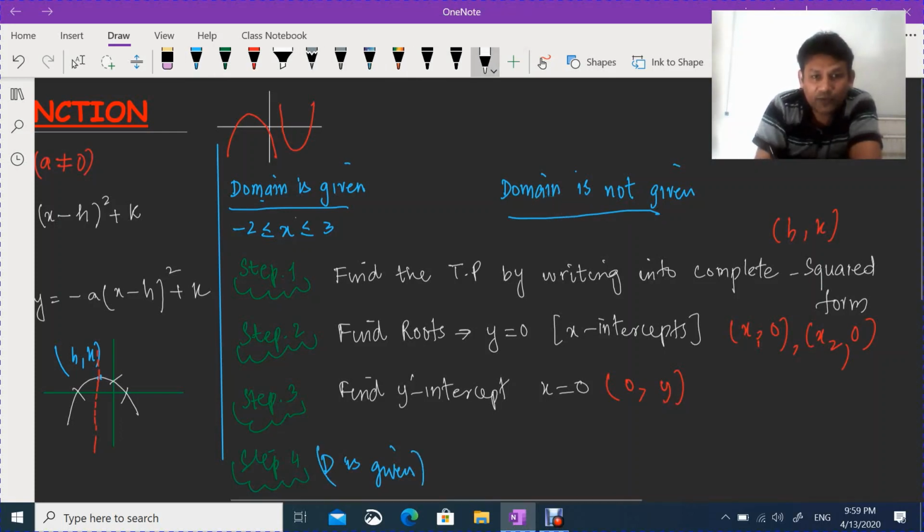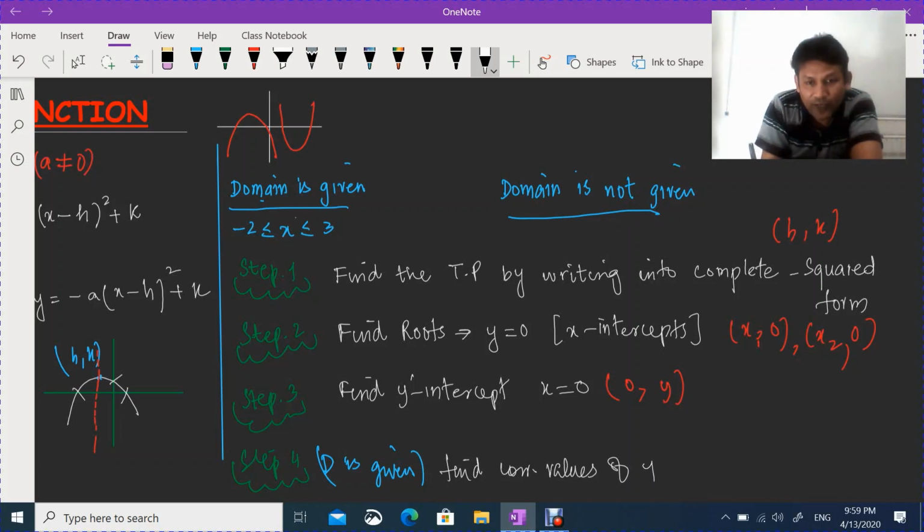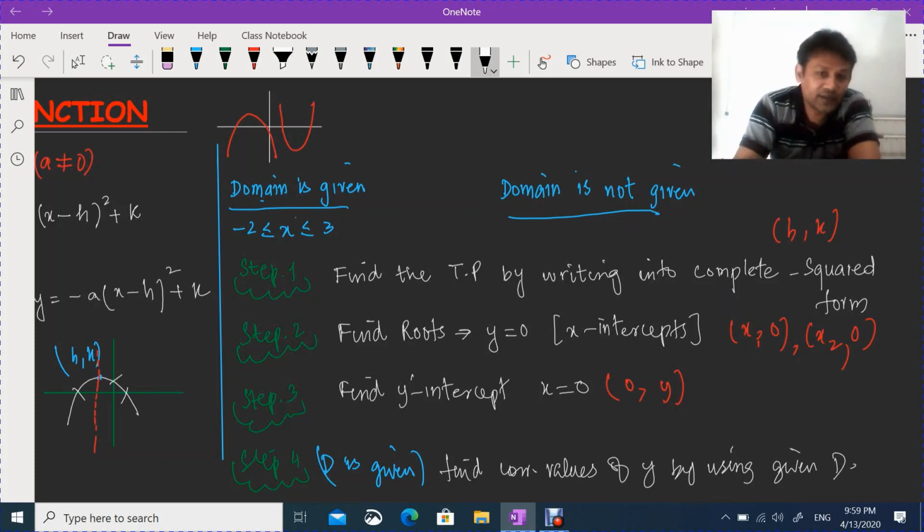So what we have to do: x is -2, x is 3. When the domain is given, we have to put these values in the equation and get the value of y. So when the domain is given, find the corresponding values of y by using the given domain. This is the way that we can draw the sketch, but as we require the complete square form,